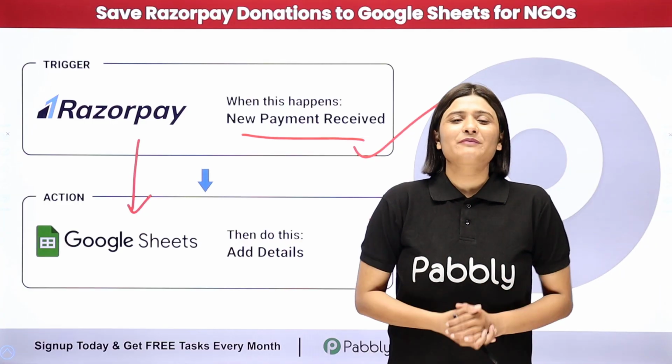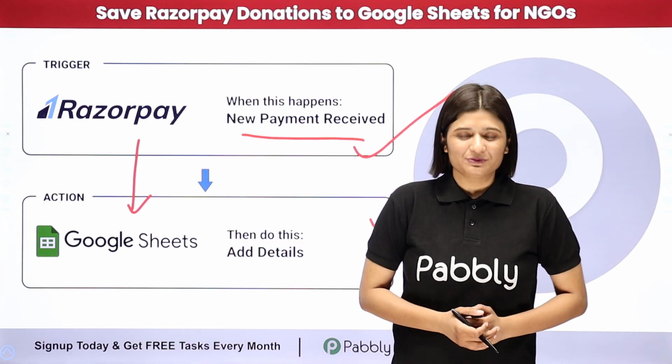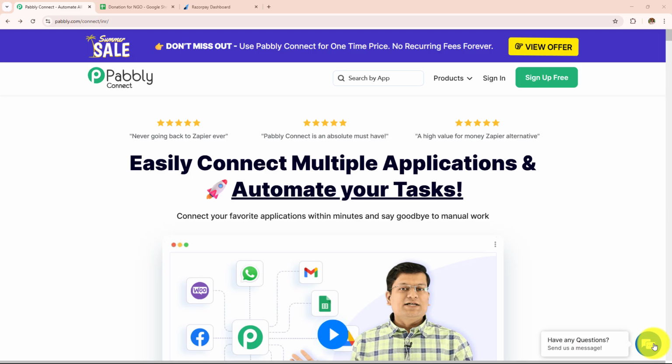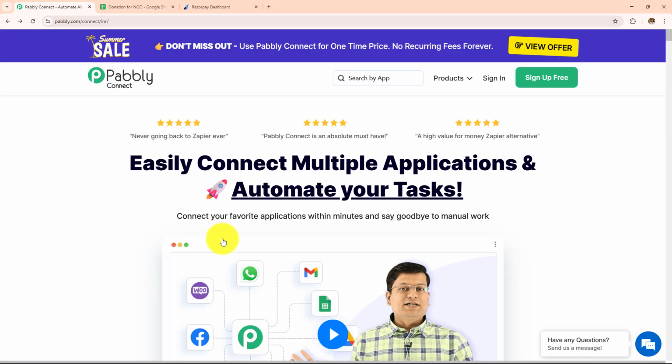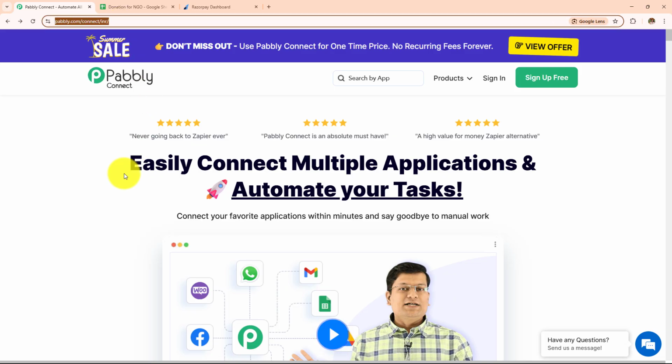Now if you want to learn the step-by-step process, then let me take you all to my screen. In this video, we are going to learn how to save Razorpay donation details to Google Sheets for NGOs using Pabbly Connect. For this, we are going to create automation between Razorpay and Google Sheets with the help of Pabbly Connect. So this is the landing page of Pabbly, and you can visit this simply by typing pabbly.com/connect in your